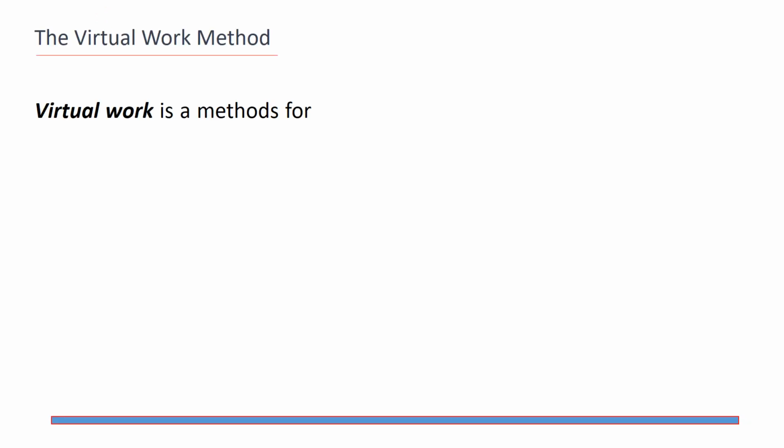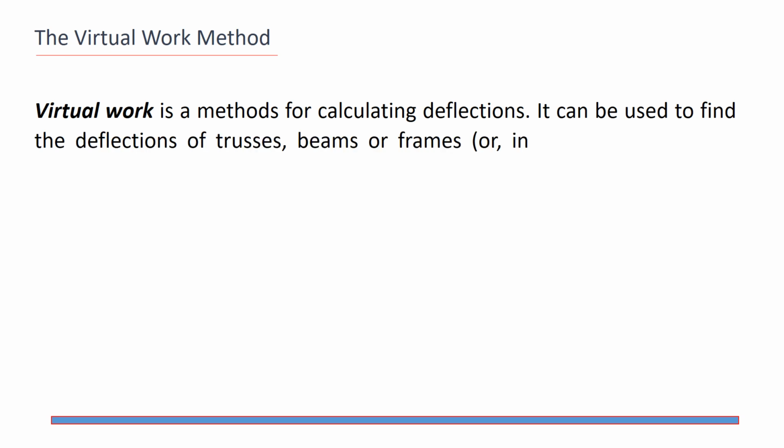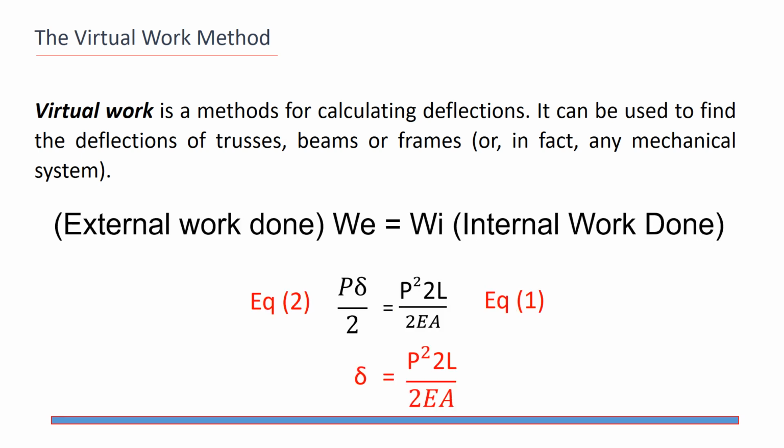The virtual work method is a method for calculating deflection. It can be used to find the deflection of trusses, beams, or frames, in fact any mechanism. The deformation of a linear axial element is equal to PL over EA, where L is the length of the bar, E is the Young's modulus of the bar material, and A is